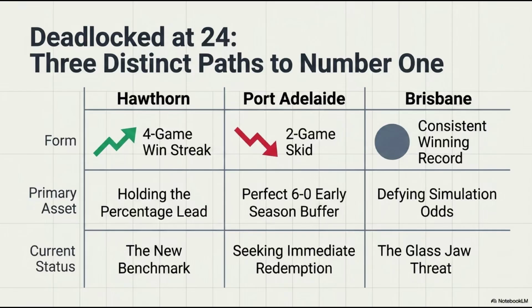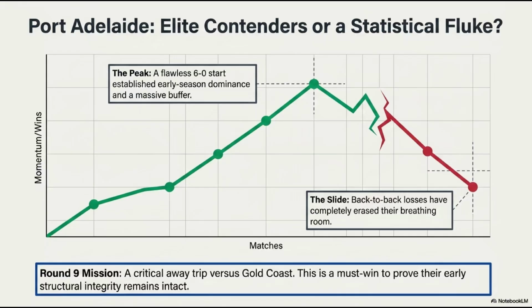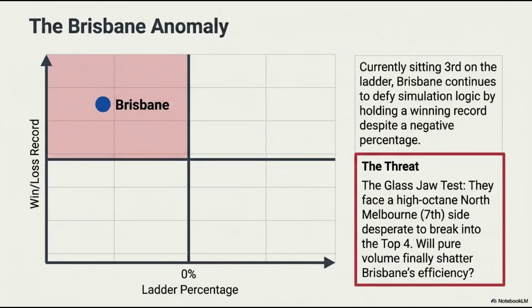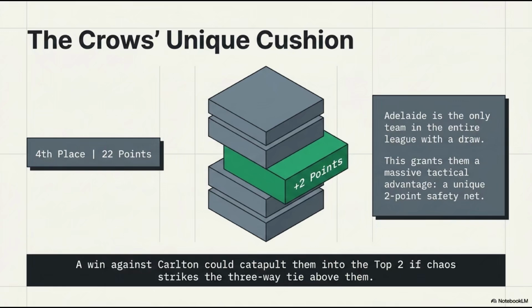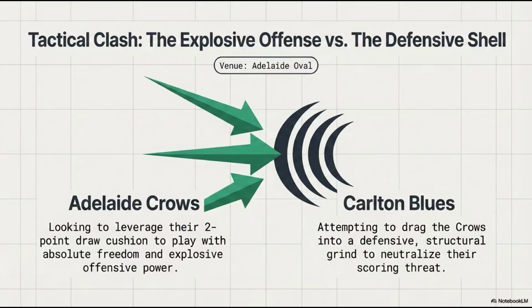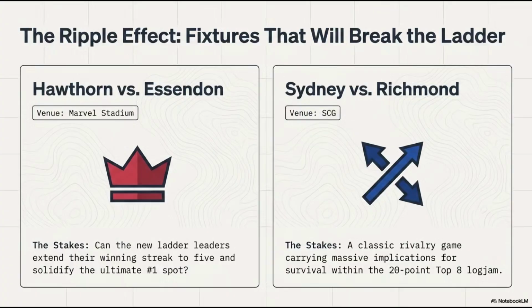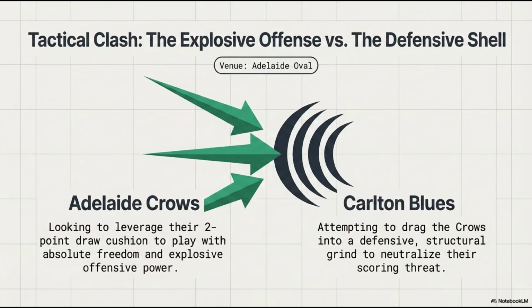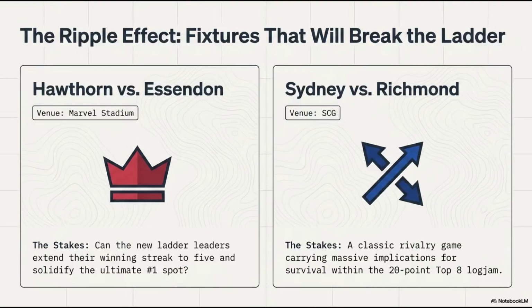They really do. But then you look right next to them at Port Adelaide. Now, Port Adelaide started this simulation with a perfect 6-0 record. They looked completely untouchable. But suddenly, they've dropped 2 games in a row, and their upcoming trip to face Gold Coast is being labeled by the source as a must-win. And that label is mathematically accurate, I'd say. In a high-variance environment like a dice simulation, momentum is often just a localized cluster of probability. Okay, a localized cluster. I like that.